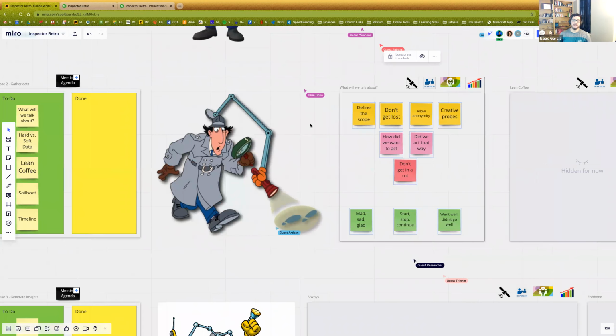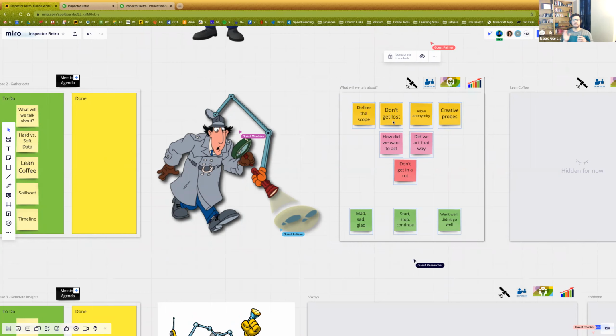Why is that? Because you don't want the team talking about the dinner they had yesterday. You can do that for Set the Stage, but when you're trying to gather data, you're looking to understand how the team can get better. You don't want the team to get better at bringing their lunch to work. Maybe you do. I could see a scenario where you would, but generally speaking, there are some things outside of what you're trying to talk about. A good example: maybe you don't want to focus on, we should walk to work instead of drive our cars. Maybe there's a case for that. But in your retrospective, your goal is to help the team improve at doing the work that they're doing for the company. So you want to define the scope, and don't get lost.